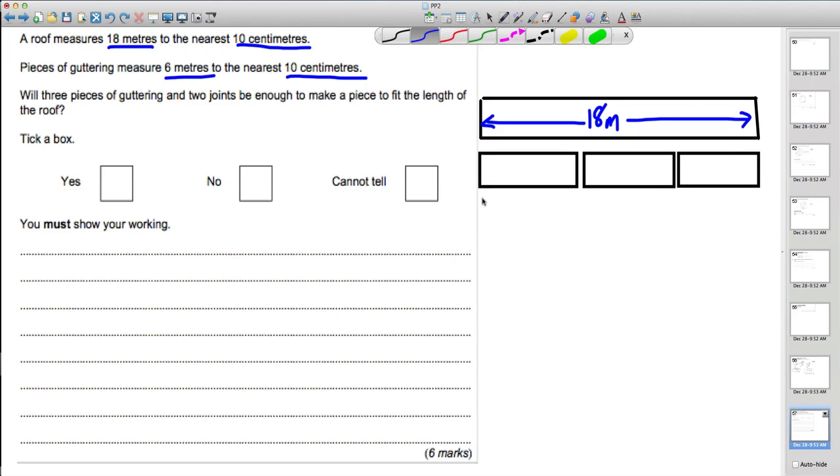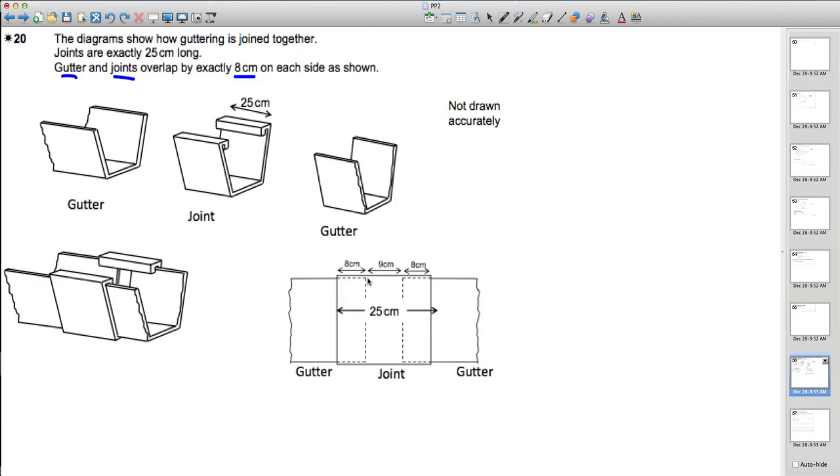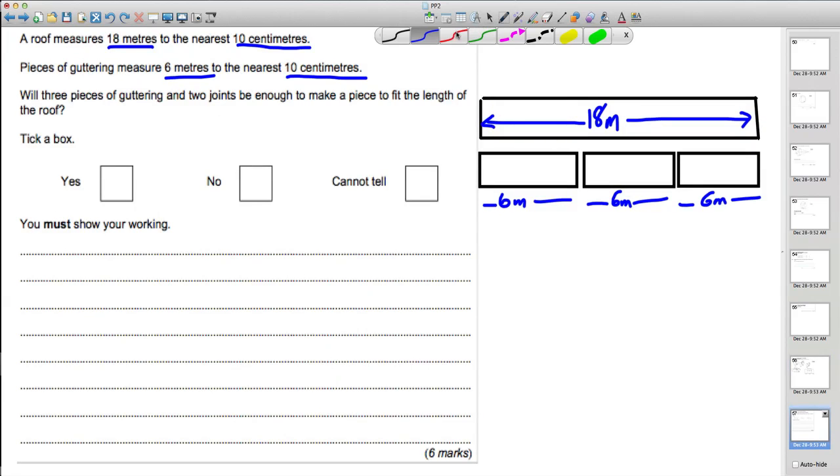Now you know that's 6 meters. That's 6 meters. That's 6 meters. Now the reason I've left a gap between them is from the question. Remember that there's always a gap of 9 centimeters between 2 gutters there. So here, this gap here is 9 centimeters. This gap here is 9 centimeters. Okay, now,